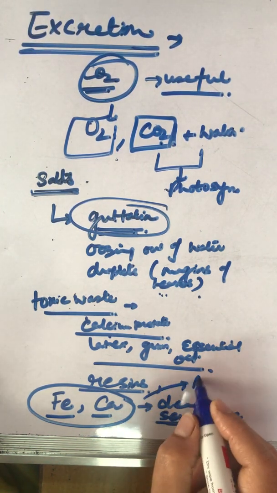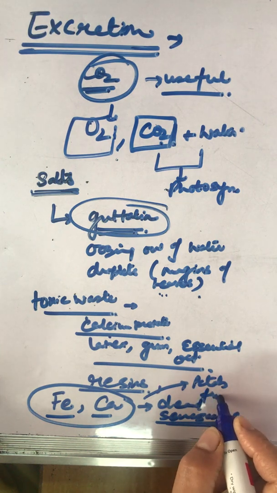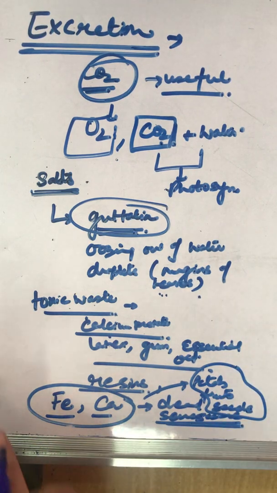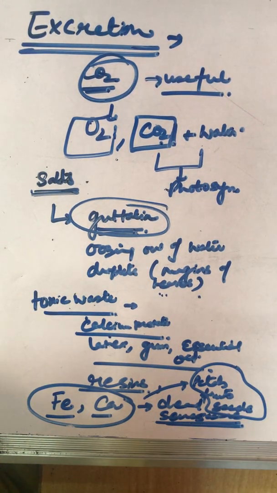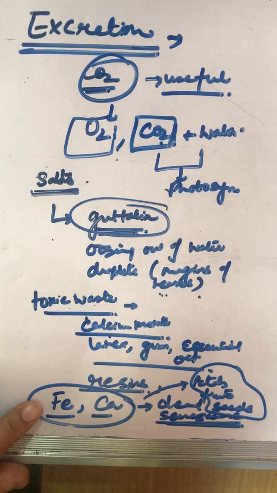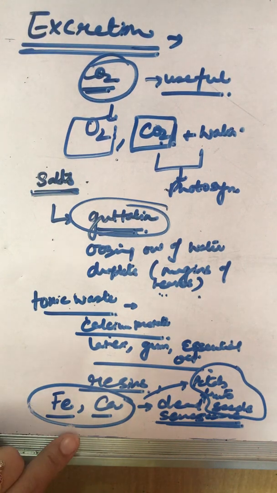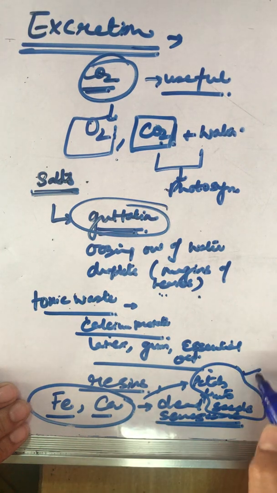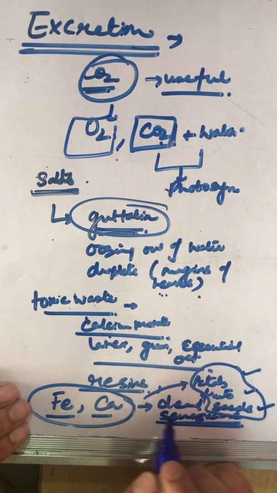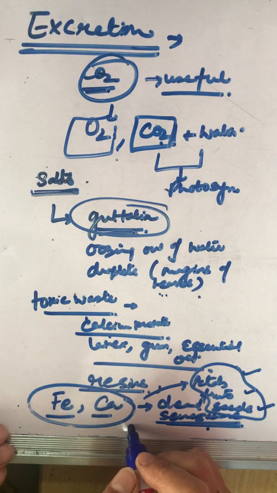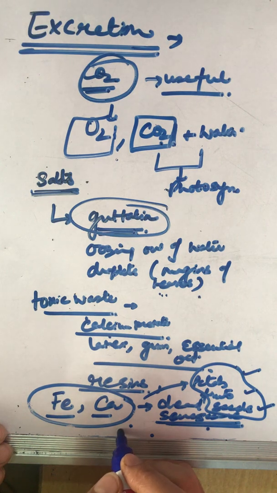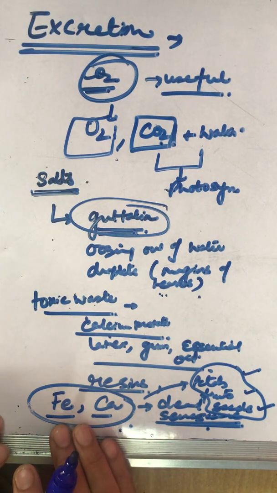These are moved to petals, fruits, seeds, and for us these are quite rich in nutrients, iron, calcium. We eat an apple, we say, oh, it's quite rich in iron. We eat other fruits and we say these are quite rich in minerals and ions. Yes, these are the excessive metabolites which are released out from the plant body and are stored in petals, in fruits, in seeds, in mucilaginous ducts, in oil glands, and from here these are collected by us. This is excretion in plants.